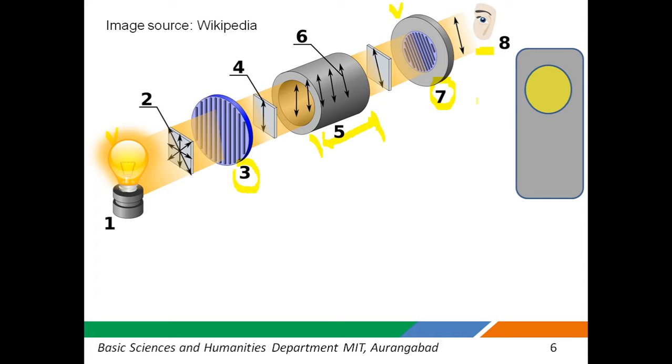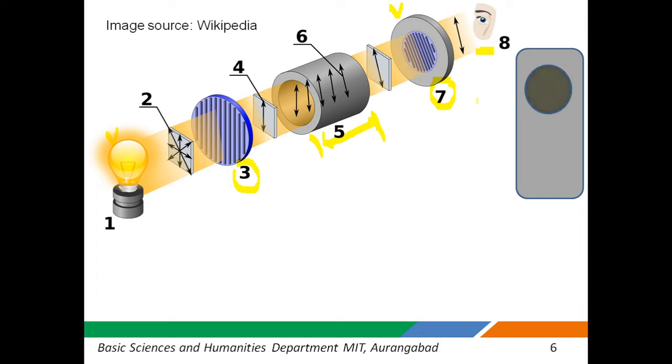Without the half shade plate, we need to look for complete brightness or complete darkness, maximum or minimum brightness, without a reference standard. With the half shade, we are comparing two different signals from the two semicircles. When they match, that means we have a reference where the intensity in both semicircles is the same. That is the position where the angle of rotation is to be recorded. When the analyzer is slightly disturbed or not matching the direction of polarization, one half circle becomes brighter than the other. So if the half shade plate is used, we can have more accuracy in taking the reading.